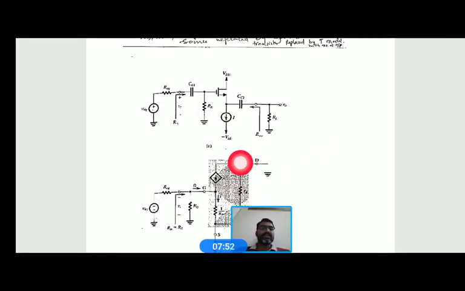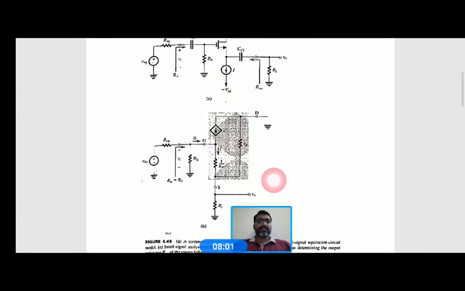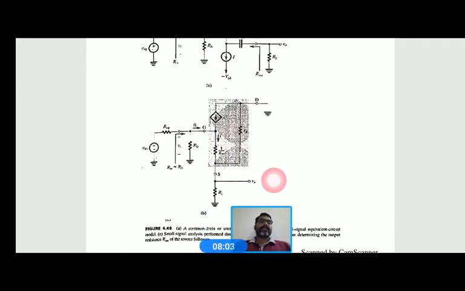So actually this D is connected to ground here, you can't see this here. I'll give that proper figure in the notes, right? Okay, so that D is connected to ground here, this is connected to ground. Okay, so here